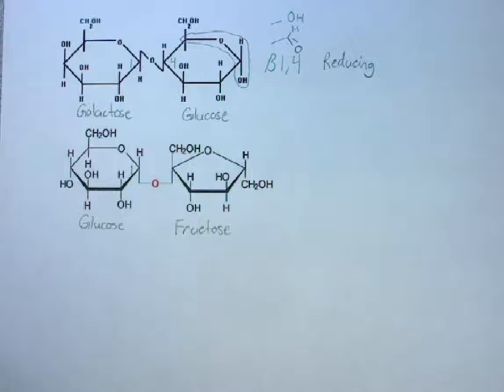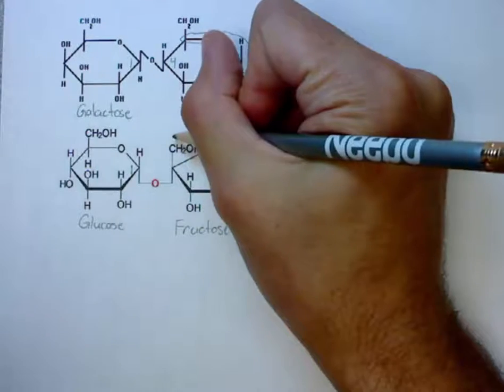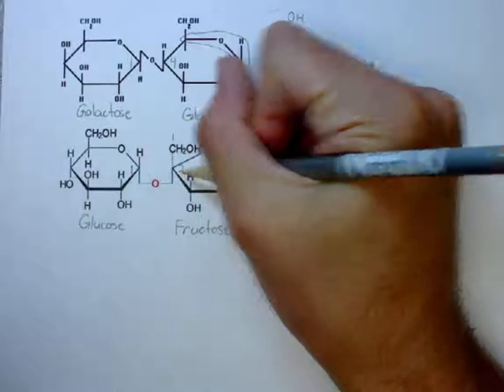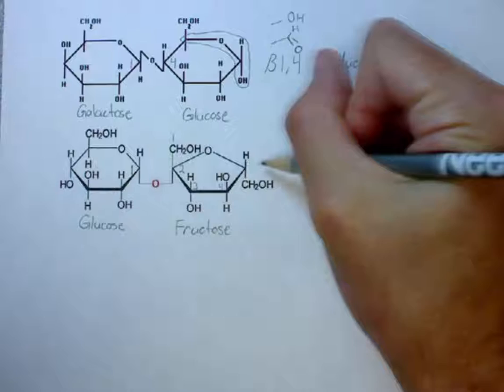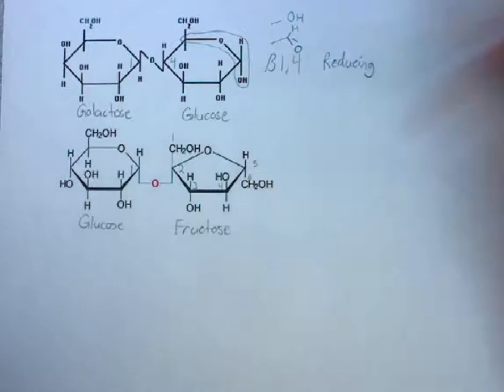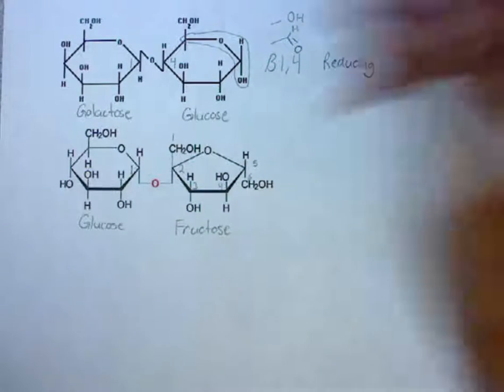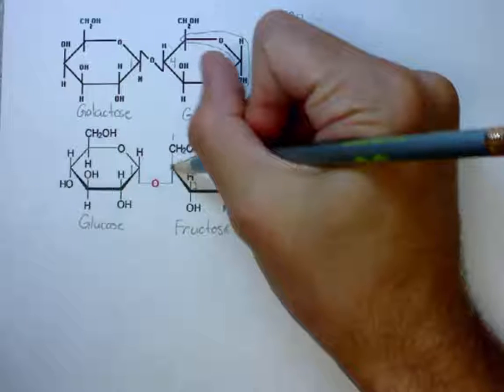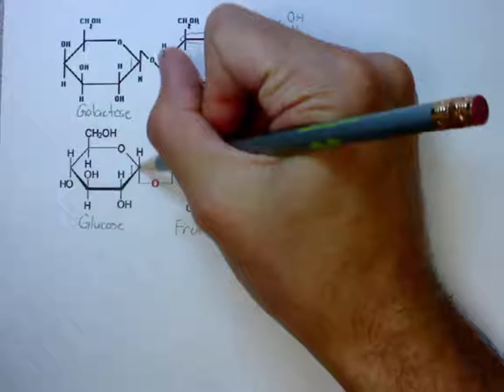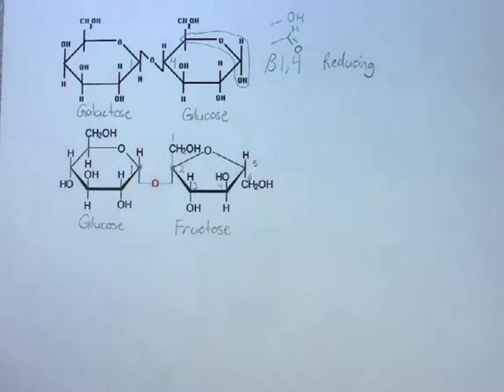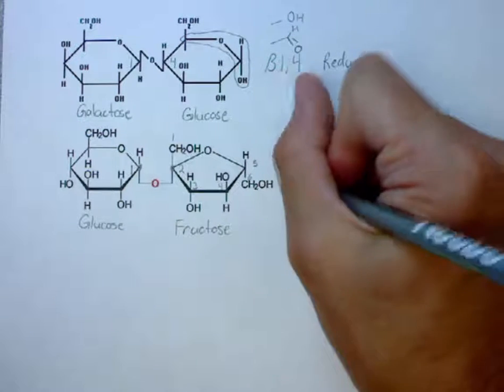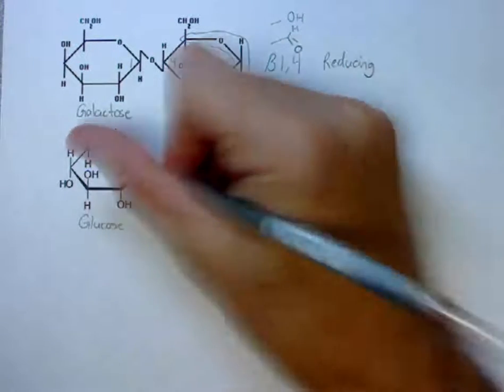Furthermore, you can see that this fructose is actually inverted. This is carbon 1, 2, 3, 4, 5, and 6. This is the anomeric carbon here. This linkage is going to be alpha